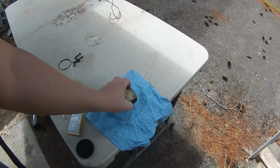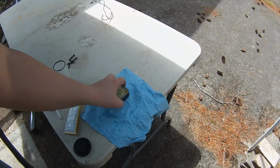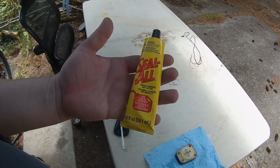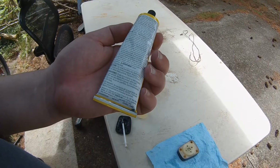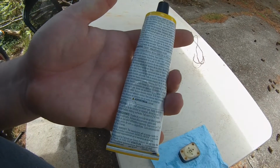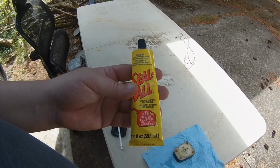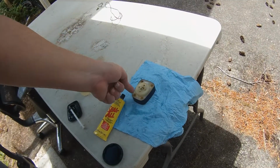So I looked all over the place, and the only product that everyone seemed to agree would stand up to brake fluid is this stuff called Seal-All. It's gas and oil resistant, but people say that they advertise it as being brake fluid resistant, but I can't find anything on here that says brake fluid resistant, just gas and oil. But this is the only product that everyone seems to agree on that will actually work. So I'm going to take a chance with it, and what I'm going to do is put just a little bit around the edge here,